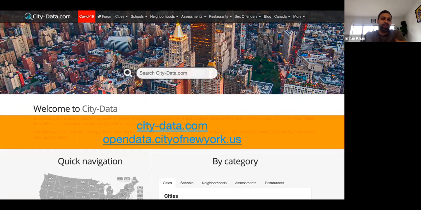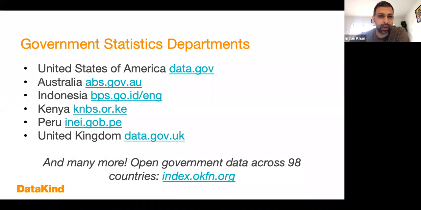Probably out of all the municipal governments across the country, New York City is one of the largest repositories of open data. New York State also has a very robust open data platform. So they've really done a good job investing in making open data more relevant and more accessible to the public.